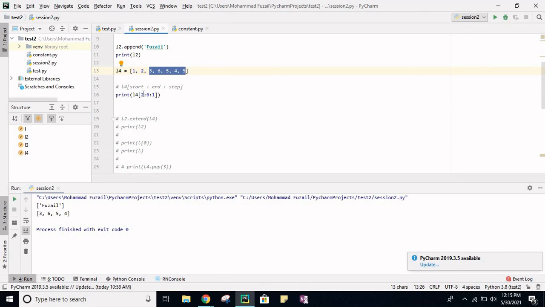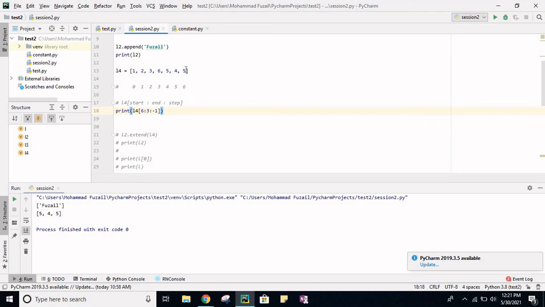So you have to pass the start, which is 2, then end will become 7, because we have to include 5 as well, and now the step will become 2. To get every second element, the step will become 2. Now if I print, see, we got 3, then skipping 6 we got 5, then skipping 4 we got 5.